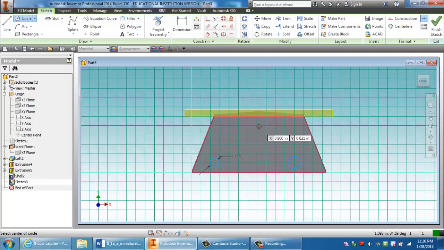Another circle here. Now we will use our constraints here to equal. I will click the circle that we already dimensioned and click on the other circle. Now they're equal. Click on the dimensioned circle and the circle.